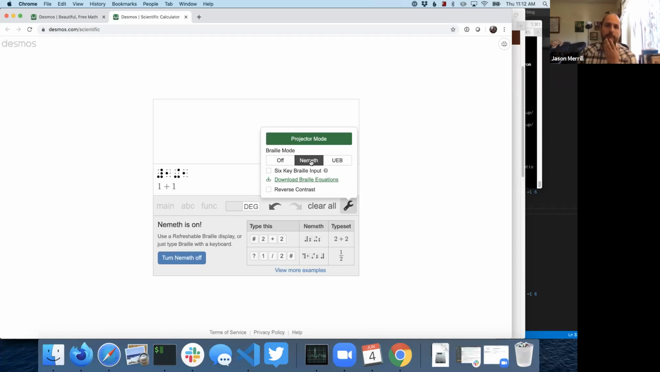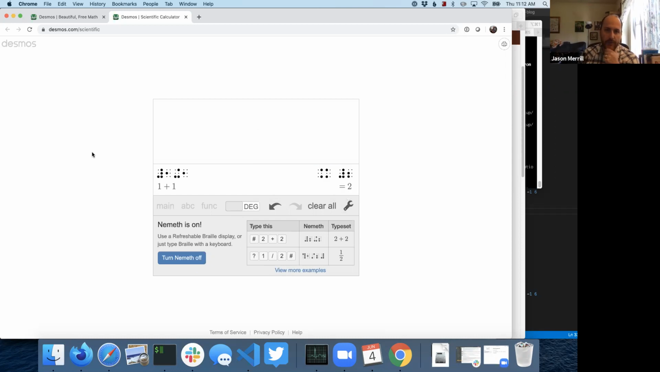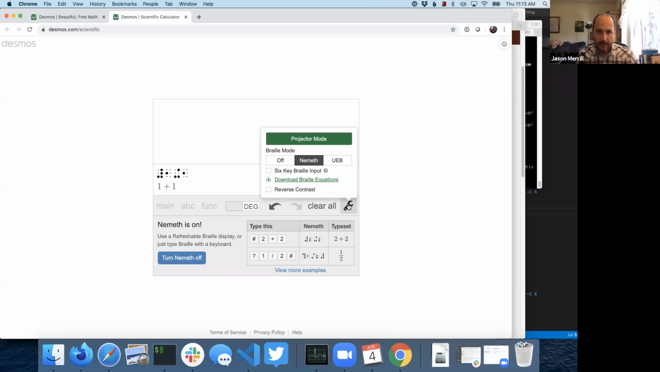One more thing here. So we envision that this will usually be used with a refreshable Braille display. And so you can hook that up like with USB or Bluetooth. And so for people who actually want to read Braille, that will allow them to read the Braille on the dynamic Braille display. And a lot of them have Perkins style input or a QWERTY keyboard. But for me, since I'm a sighted mathematician,